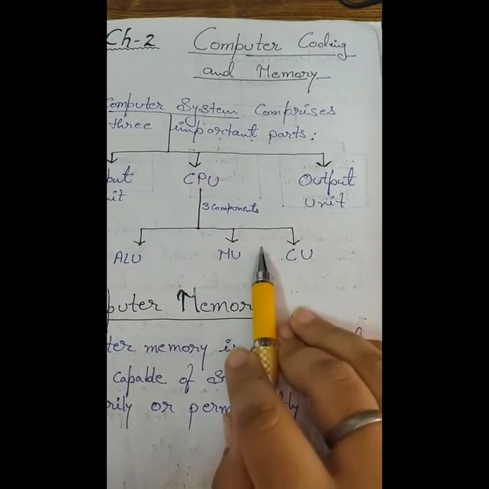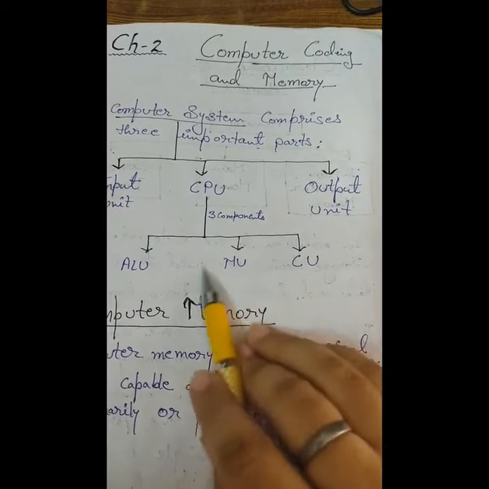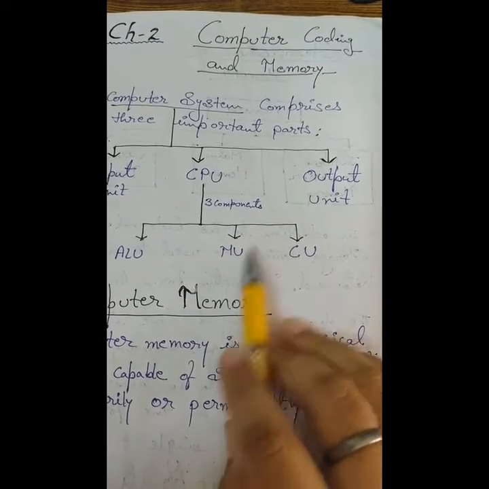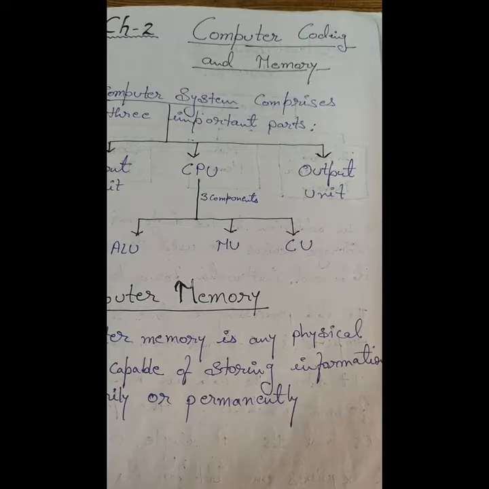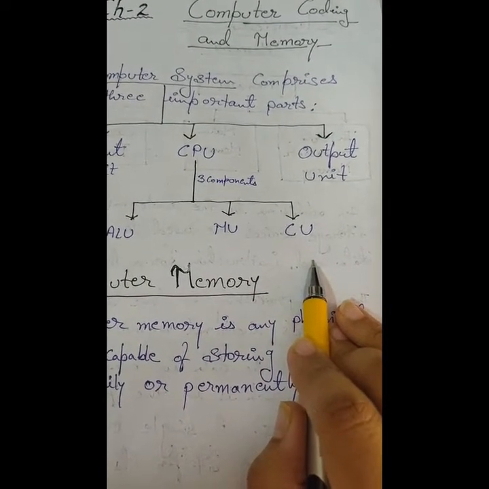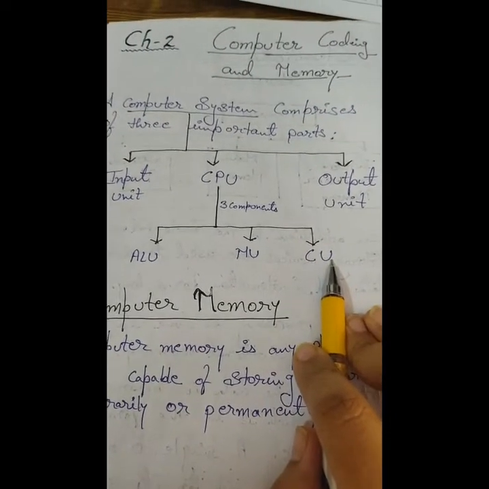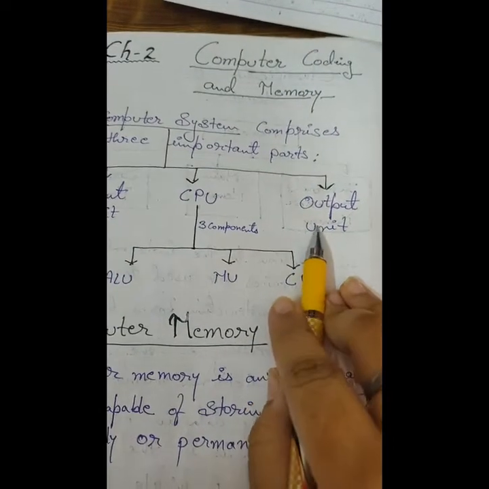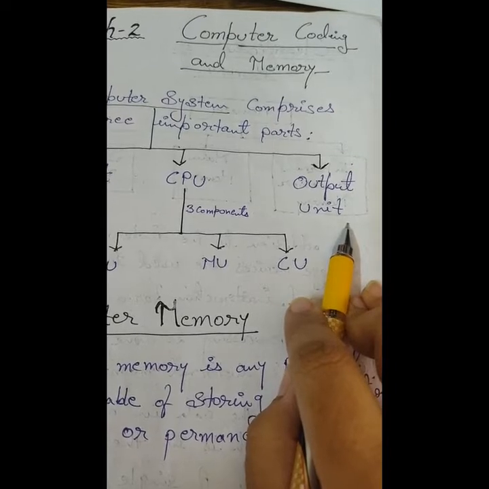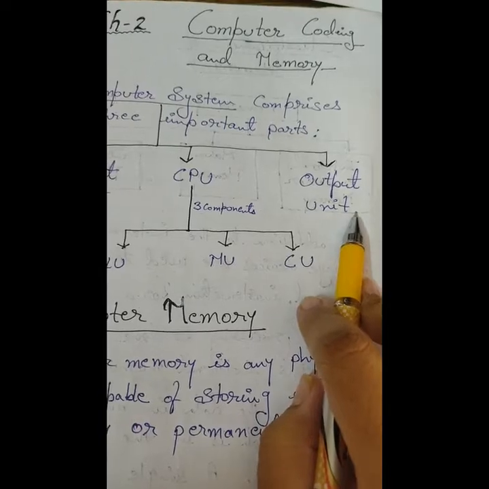Once a user enters data into an input device, the computer system stores this data in its memory unit. The data will remain here until other components of the CPU process it. And the control unit is responsible for coordinating tasks between all components of a computer system. It controls the whole computer system. Then after processing the data, it is converted into a format which humans can understand. The output unit gives you output through monitor, printer and speaker.